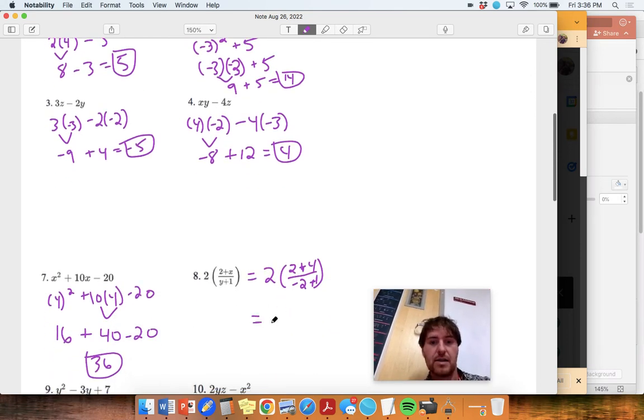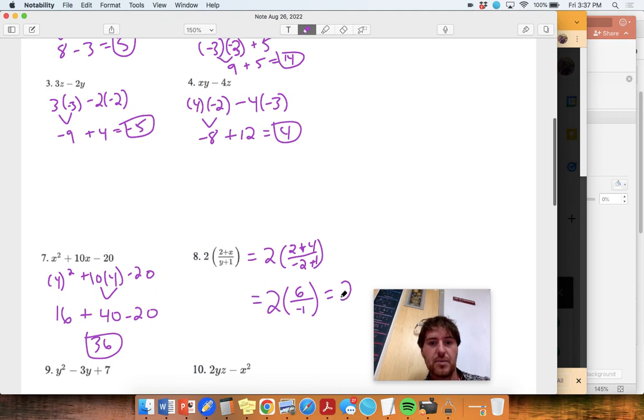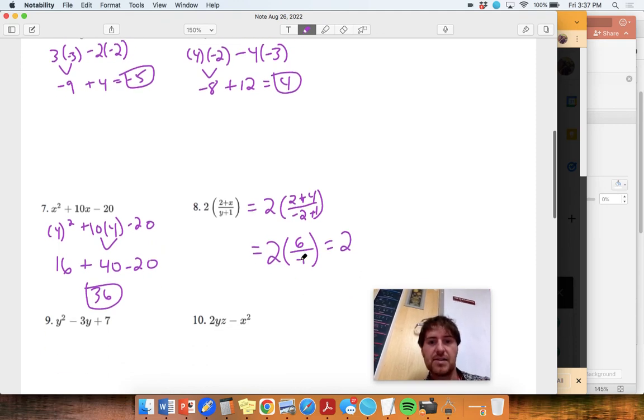And so here inside the parentheses, I can clean that up a bit. 2 plus 4, I can simplify. My numerator here is 6. My denominator here, -2 plus 1 is -1. And let's keep simplifying inside the parentheses. I can do this 6 divided by